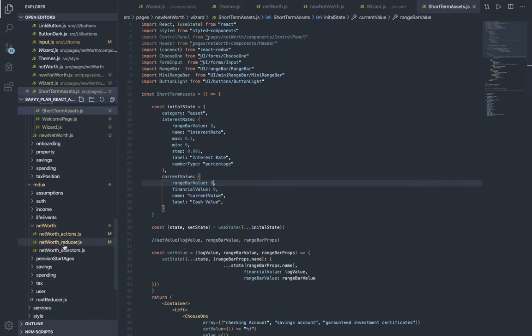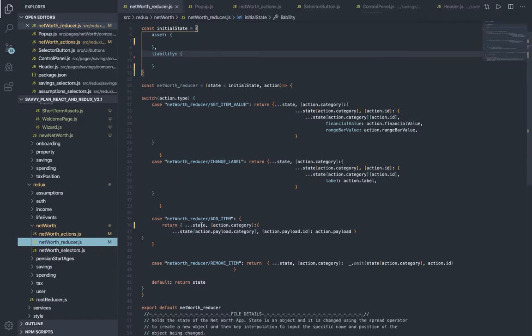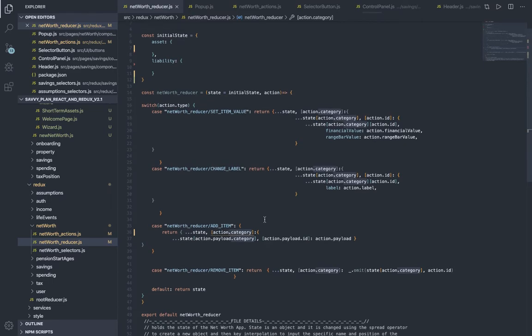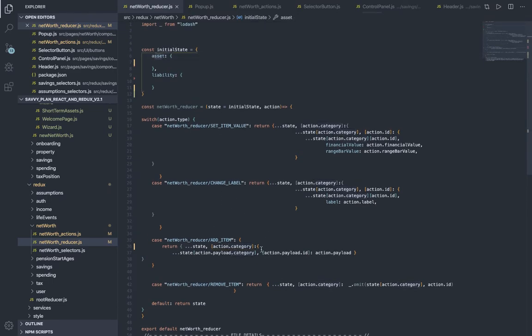Okay, so we're going to go back to the reducer. So now the action has as its category asset in this circumstance, but it could also have liability because we'll be able to change that code a little later. So then it's going to go into asset, then it's going to make a full copy of that. Fortunately, we can get rid of this, so we can shorten code, which is so nice. So it's going to make a copy of that, and then it also has an ID. So it's going to go into its own ID item. So it's going to create one if there isn't one there already. And then,